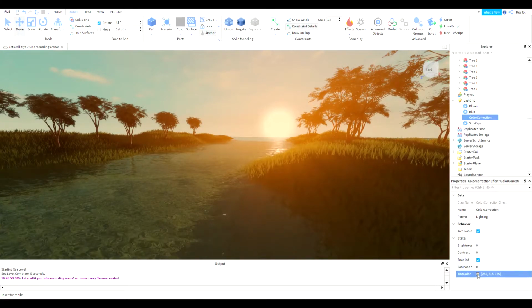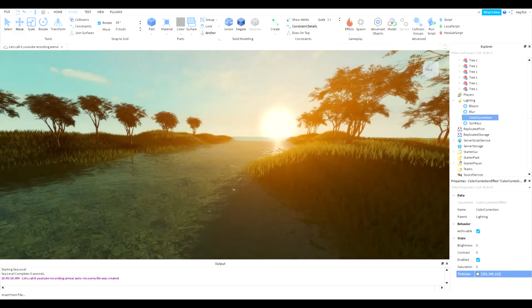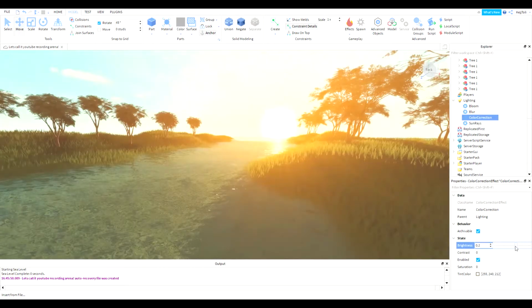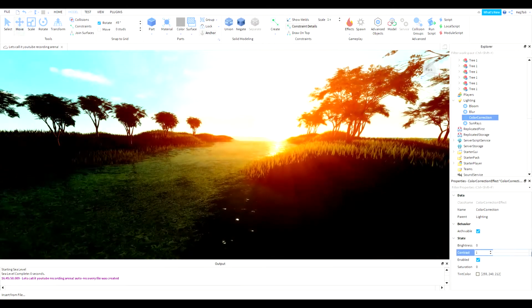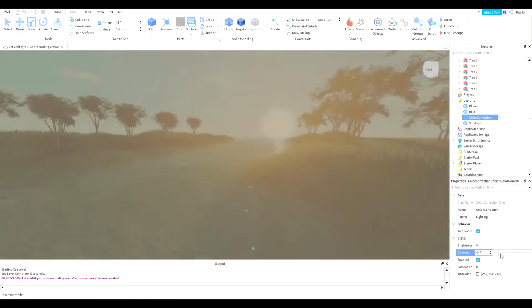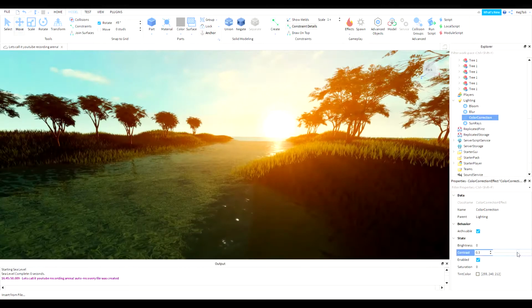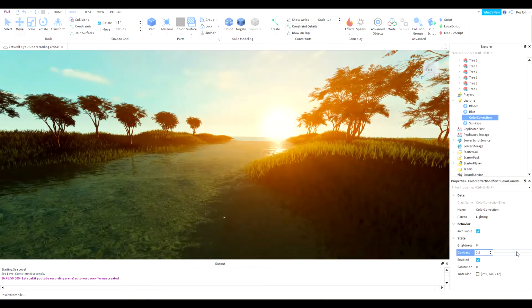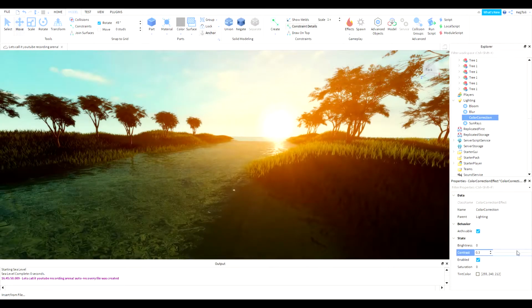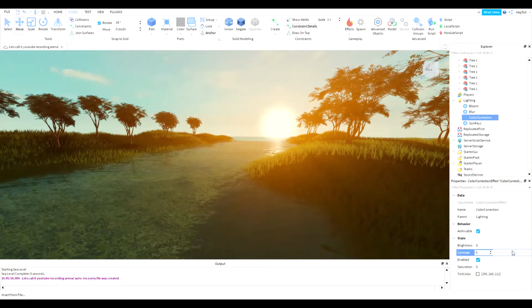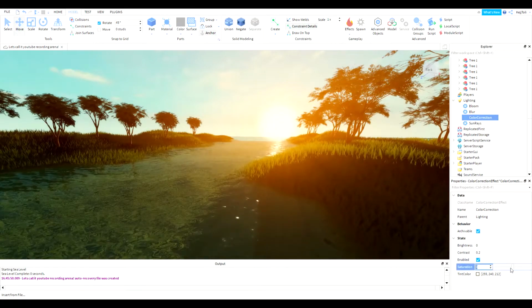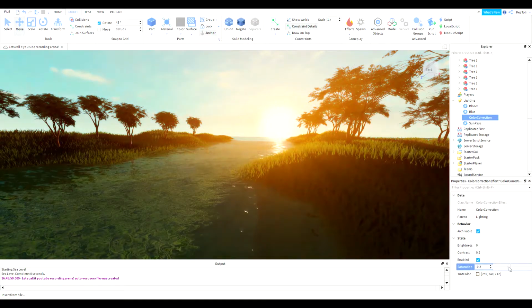I know it looks pretty bad, but hey, you can change the brightness, contrast, yep, saturation,